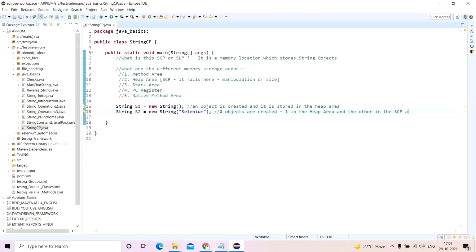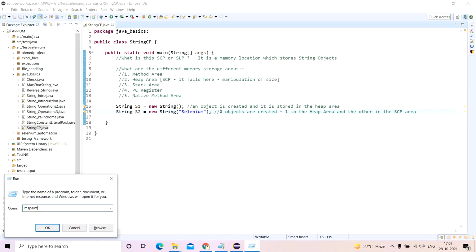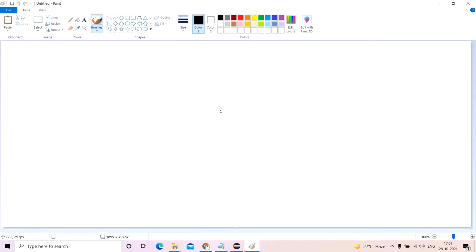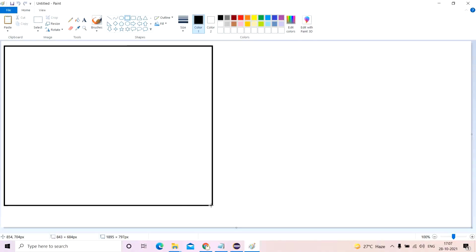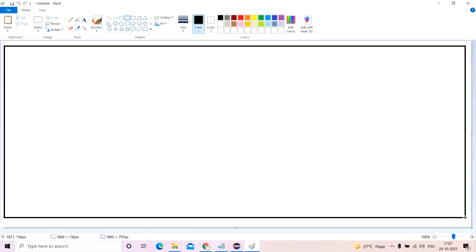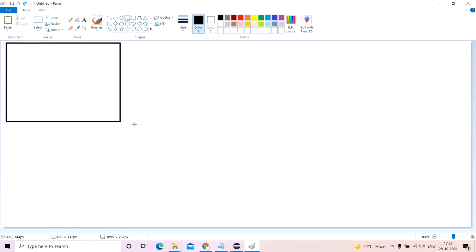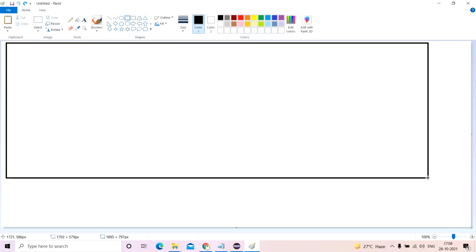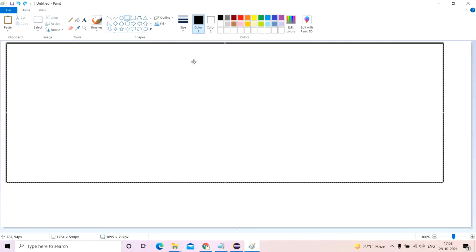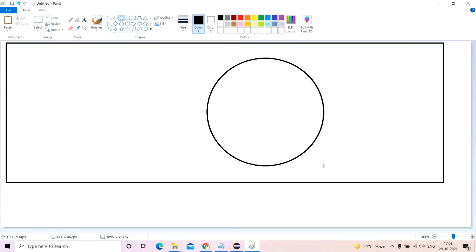Let's understand this in the form of an MS Paint. I'm not very good with designing things, but please tolerate it. Let's say this big rectangle box is the heap area, and within the heap area there is this round circle, which represents the SCP or SLP area.